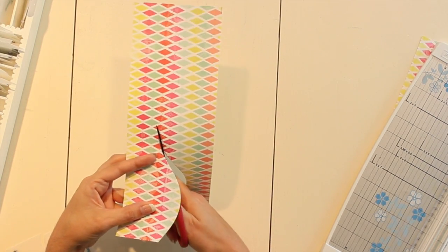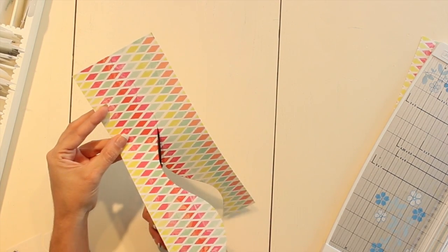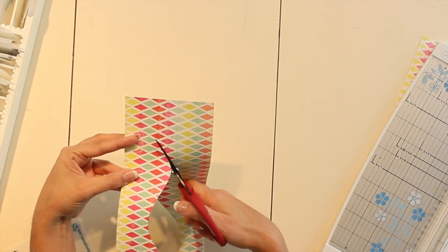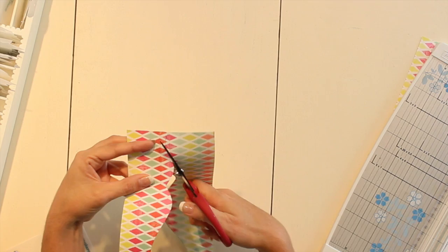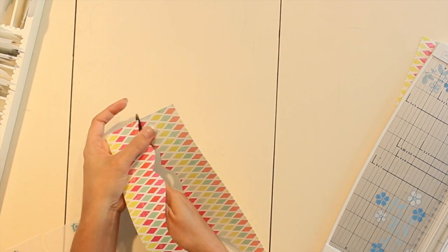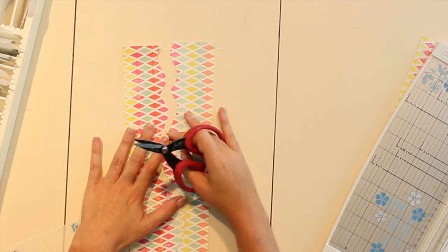So you'll notice that my right hand is stationed while I'm pulling the paper towards me. That just allows you to do quick, short cuts, a little bit smoother in the cut instead of choppy as well, and really easy to go in and out of those curves. Now at this point, you'll notice that we have a little bit of a pencil,